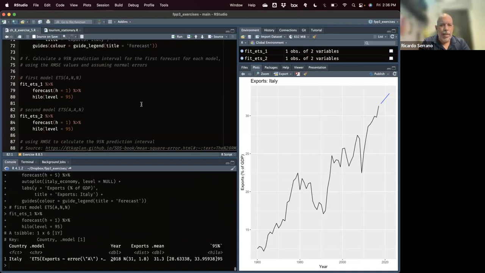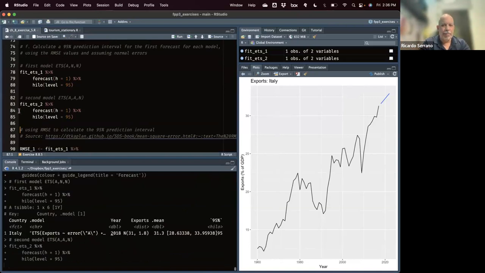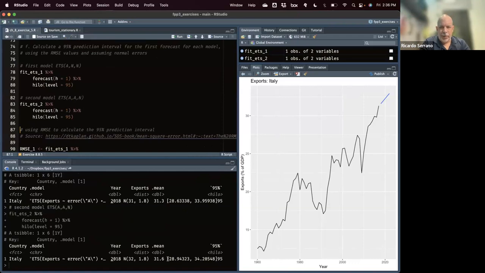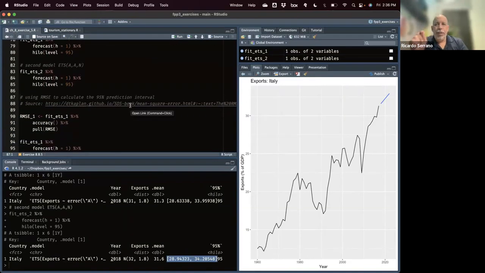So when we do that, we get this range for the first model, which is the same range that you got using the hilo. So we are on the same 95% level. But then what the problem is telling us is, apart from that, to use the RMSE to calculate that